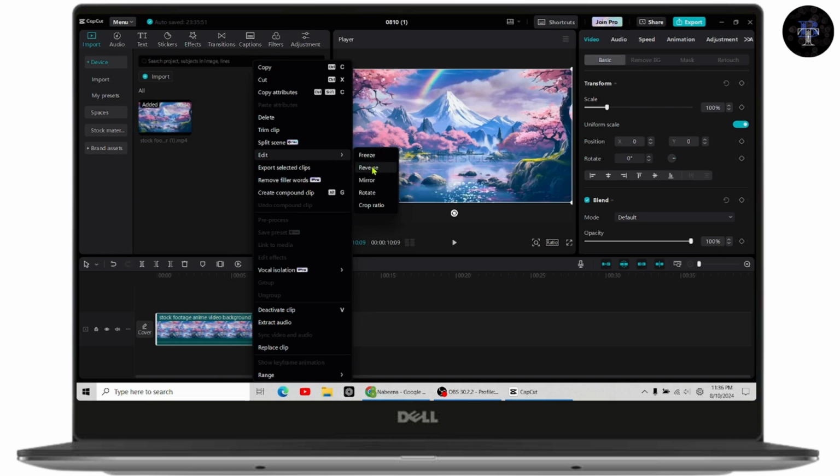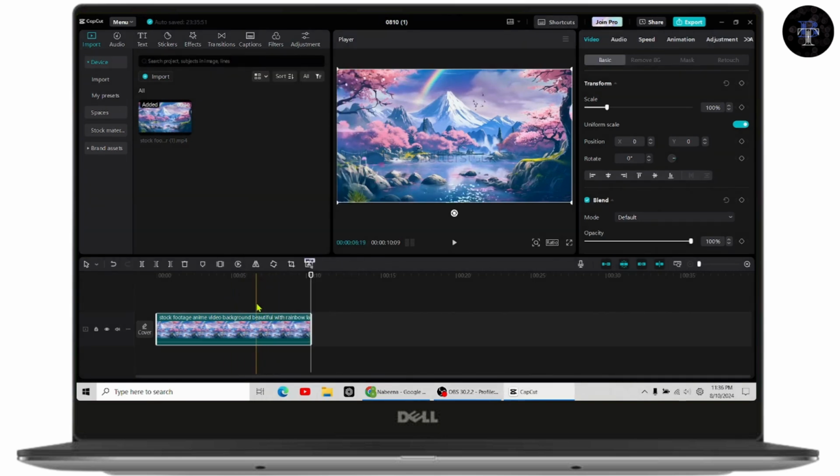You can reverse, freeze, mirror, rotate, or crop ratio. You can export the selected clips, or you can create a compound clip, and you can deactivate the clip. You can extract the audio from the video, or you can replace the clip, and you will have all of these other options. So these are the CapCut import tips,